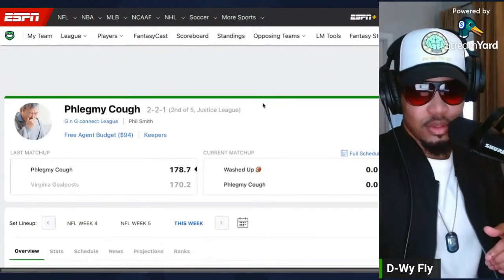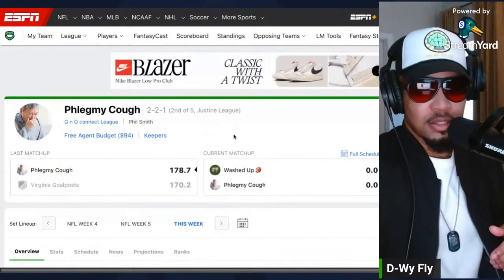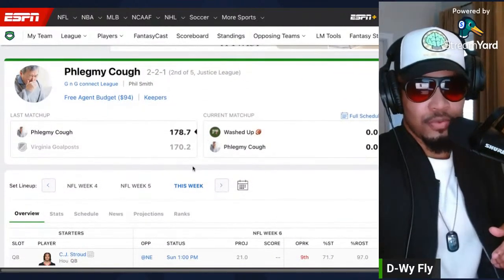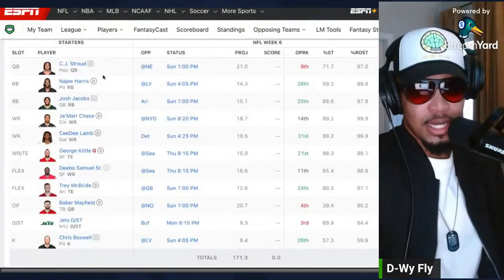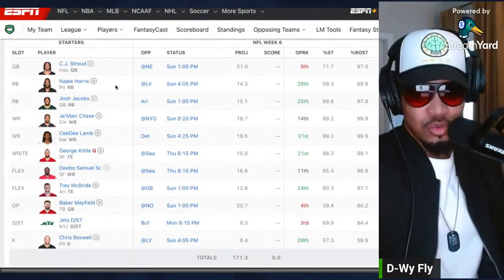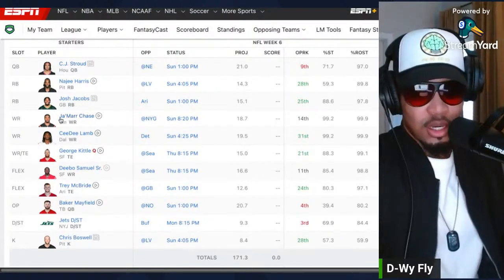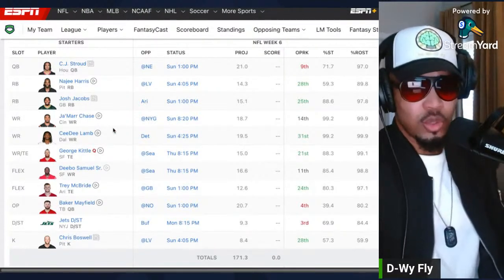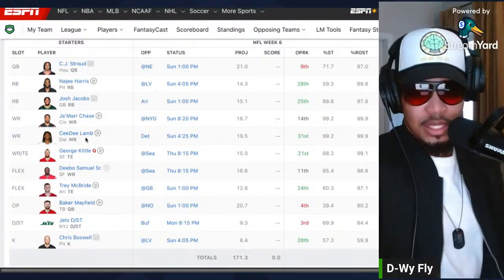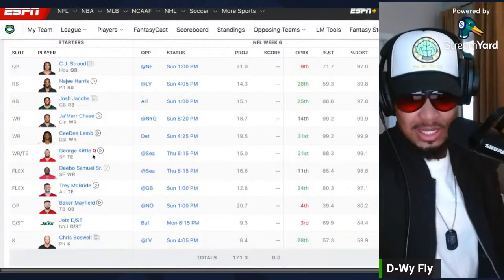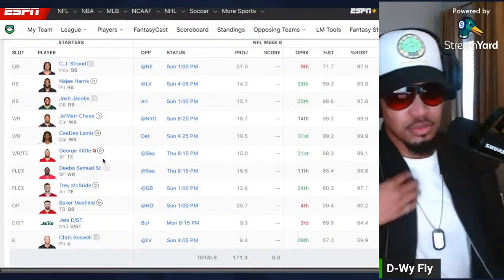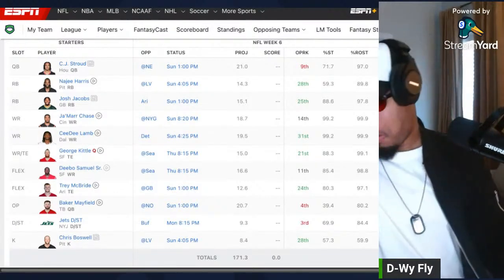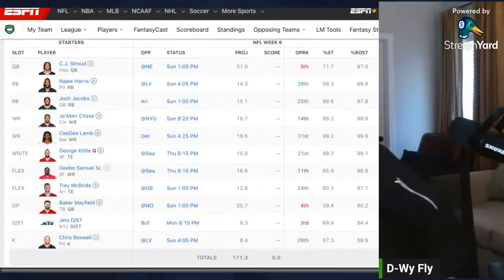I hate this name. I don't know. 2-2-1. He tied early this year. That's rare. But he got C.J. Stroud, Najee, who's a slug, Josh Jacobs. He's been injured. Jamar Owens, he's number one right now. He got CD, who's gonna be fine. Debo's going to be on and off this year. He's getting a little bit older, but let me see.